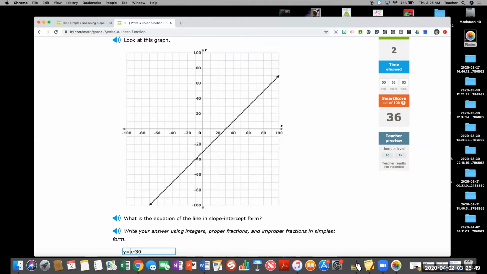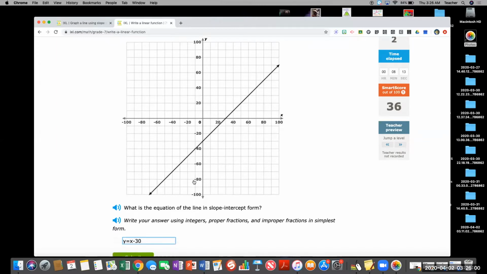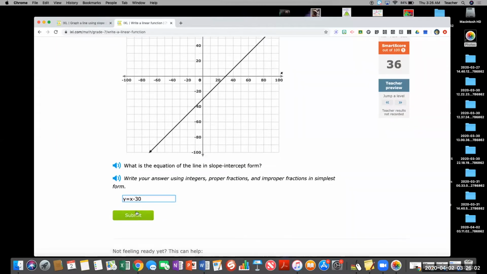Okay, now that was my y-intercept, my b. Now I can go back in front of the x and let's calculate rise over run. So it's going from negative 30 to negative 20, that's up 10, and it's going over 10 again, 10 over 10. So it's just 10 over 10, which simplifies to 1x, which is just y equals x